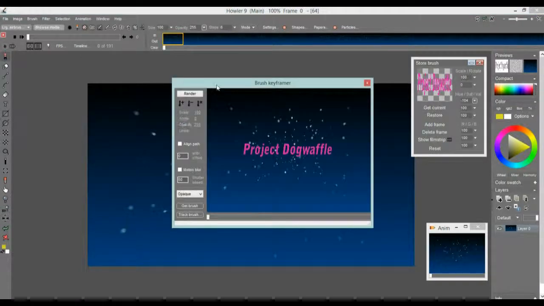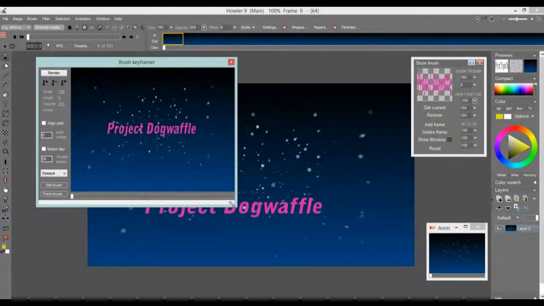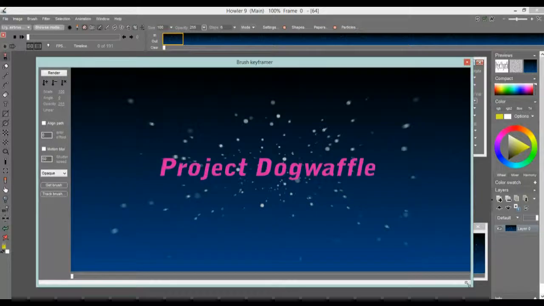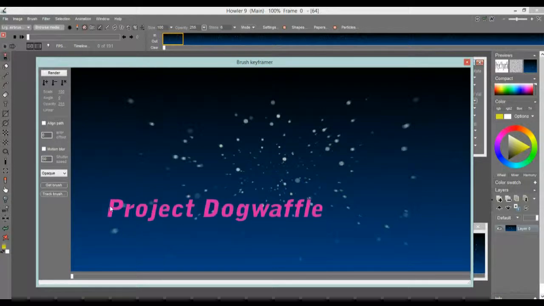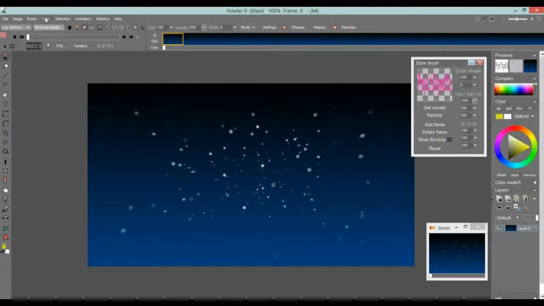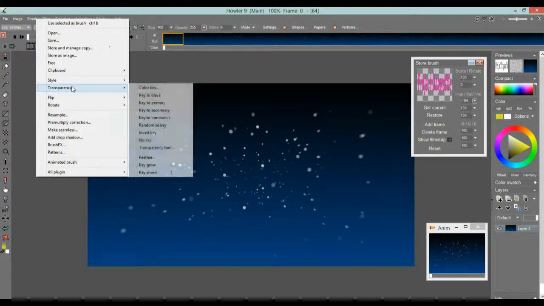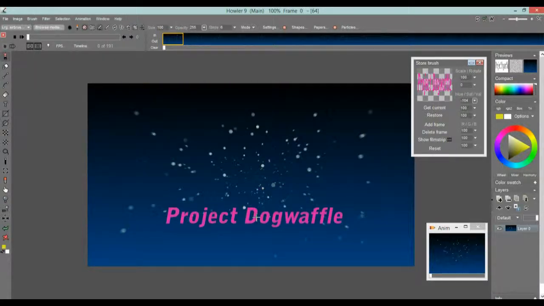Let's use that. The brush keyframer can be used to, well, of course, to keyframe a brush. And so what we'll do is indicate where that brush needs to be seen. Now, one thing you notice, there's a little bit of white edges, and maybe we want to actually add some of that. So one thing you can do under the brush menu with transparency, you can increase, you can grow the keying. Or use the other curly brace to shrink it. But if you raise it, it will. If you increase it,